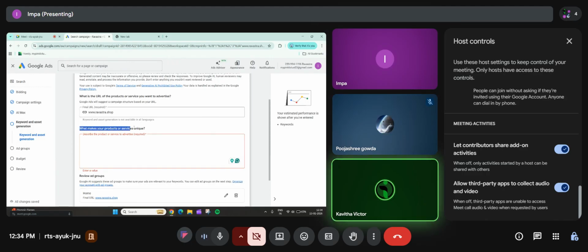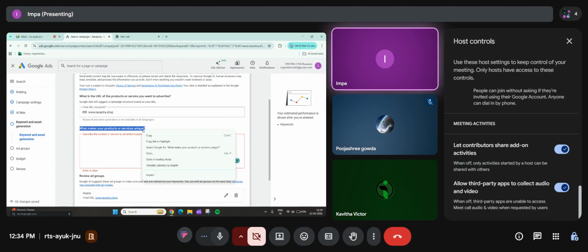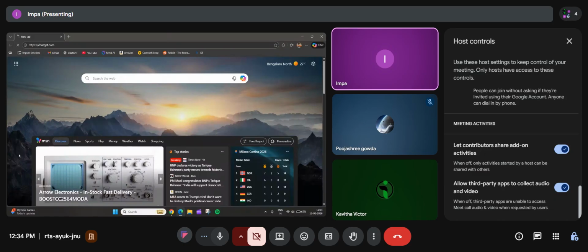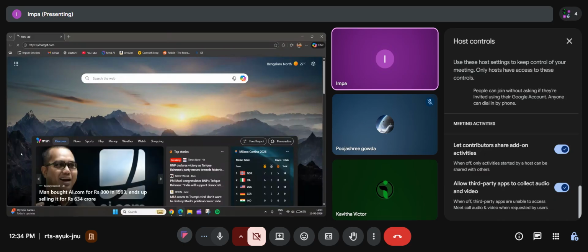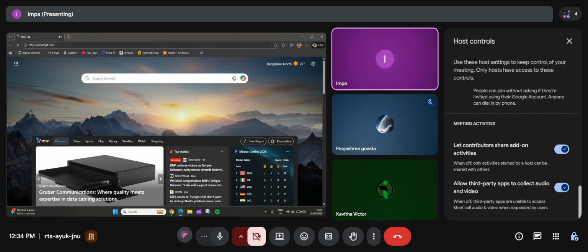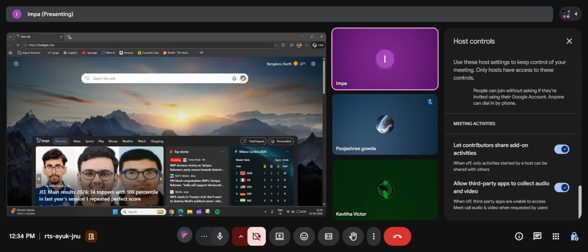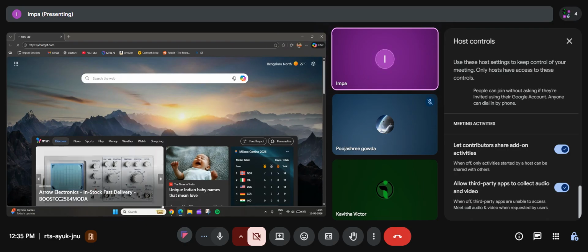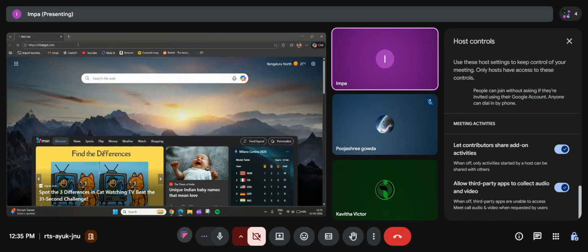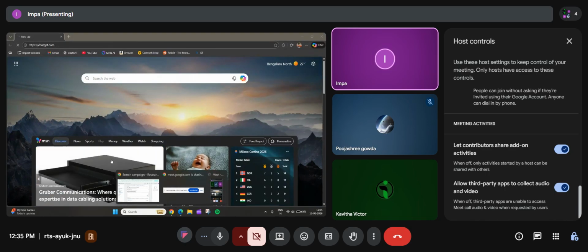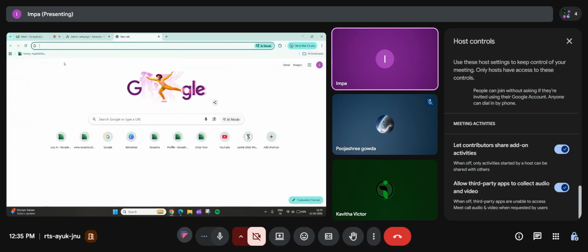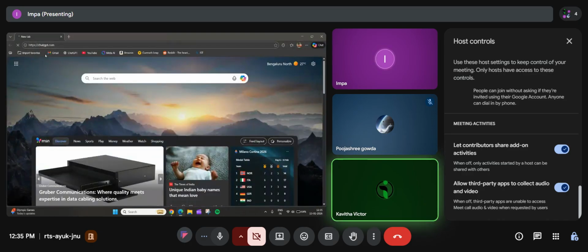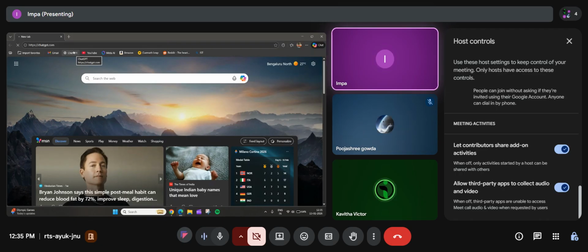Add two lines about the company. Ma'am, it's taking time to load.